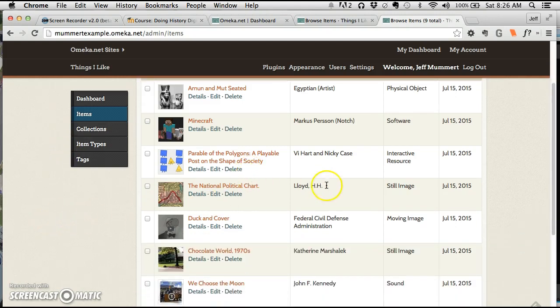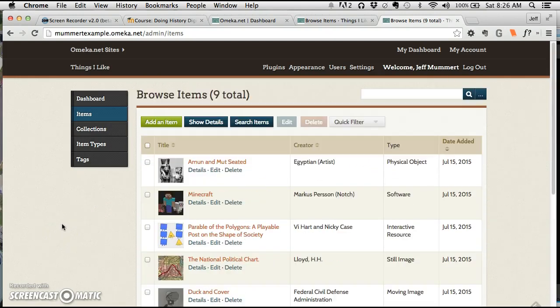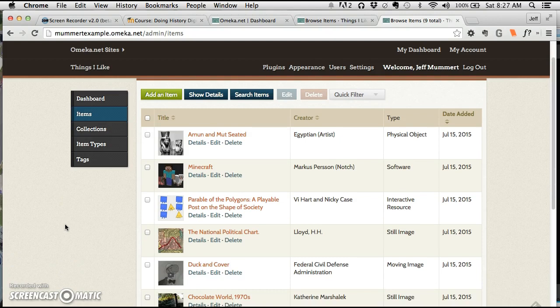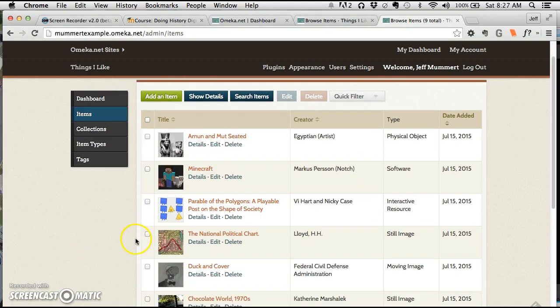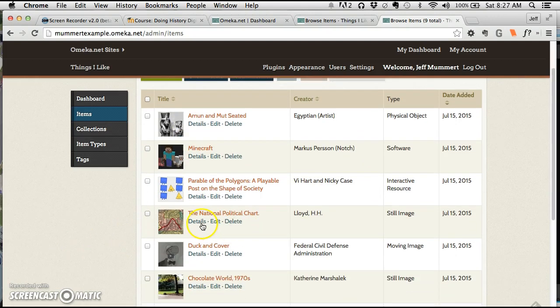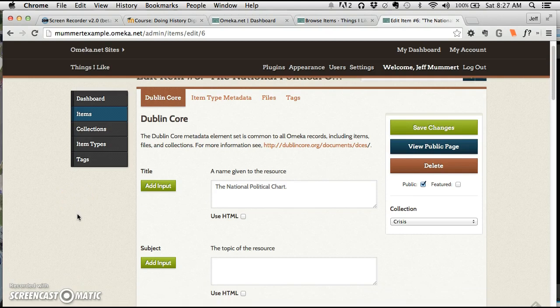So each one of these things has little bits of metadata attached to it. That's what we call things like the creator, the date, etc. So let me just show you what one of these looks like, and then I'll show you how to add one. So I put in, for example, let's do this political chart. Okay, I'm going to click Edit, and this is the editing page for this political chart that I